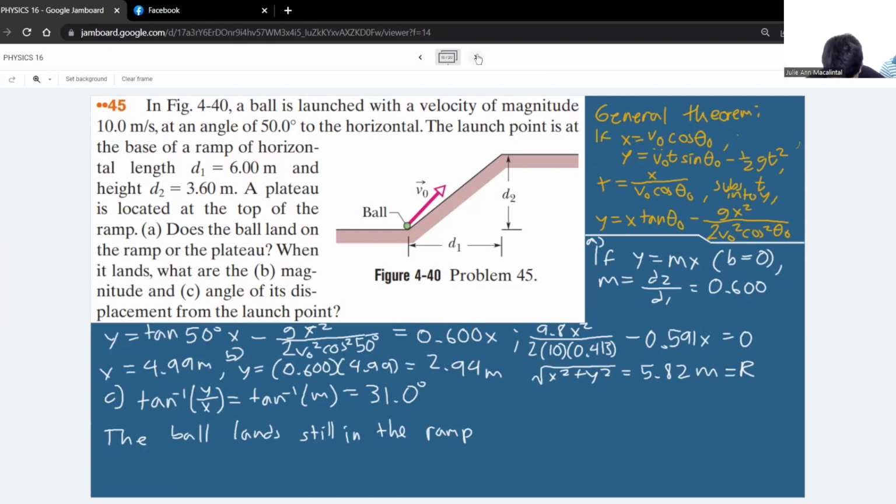So, saan yung sagot mo sa letter A? Ayun, the ball... So, yung sagot mo dyan, the ball lands on the ramp. Teka. Ngayon,